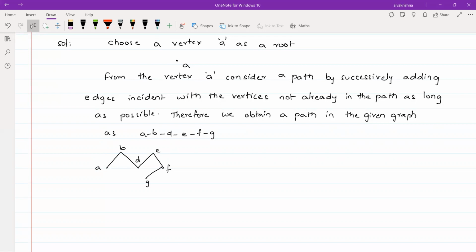So the direction we are drawing in this path, you can draw in any direction. It means if you want to draw this particular path, I am drawing in this way: A to B, B to D, D to E, E to F, and F to G. We can also draw in this way: A, B, D, E. So this is F and this is G. Okay. So every time we have to draw like this only, that is not compulsory in any problem. We can draw the path in any way. I am drawing in this way.